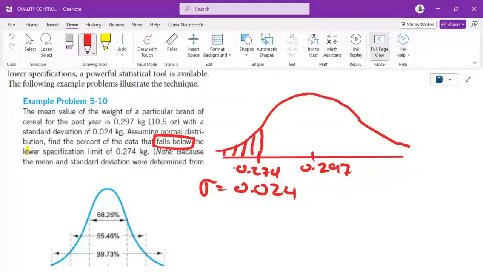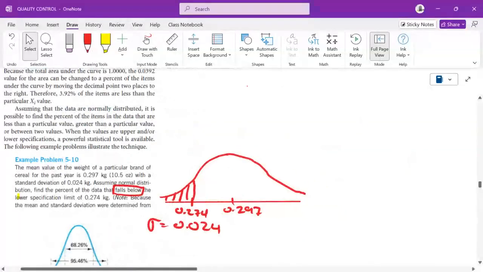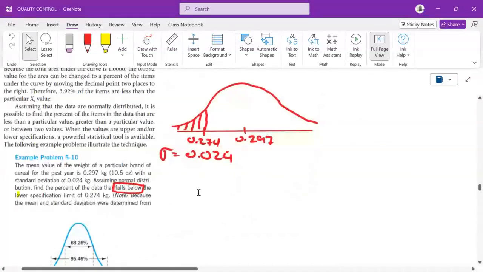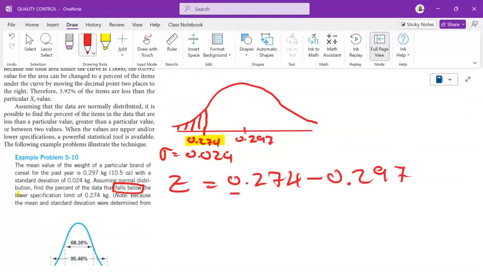All right. Then now we're going to apply our formula again. I want us to take this upward to preserve space. Right. Then we have our formula, z equals xi, that's your xi there, which is 0.274 minus 0.297 over 0.024, which is equal to